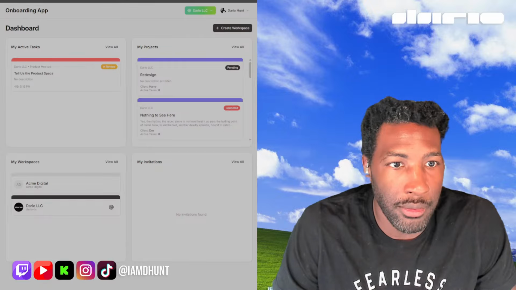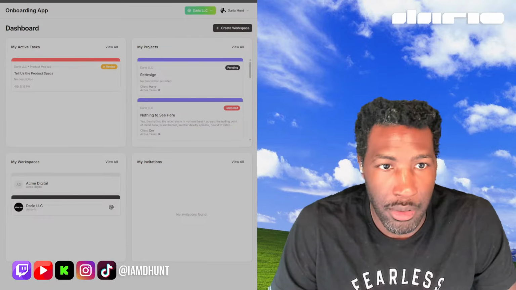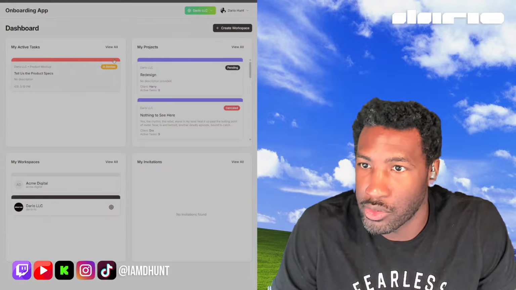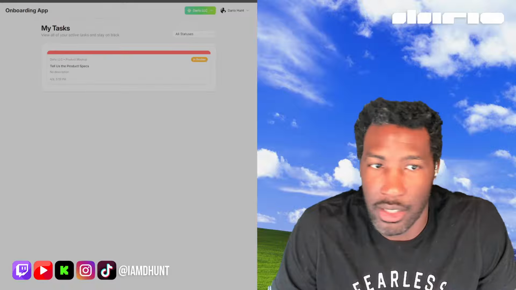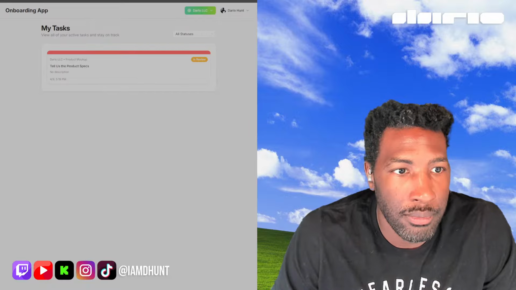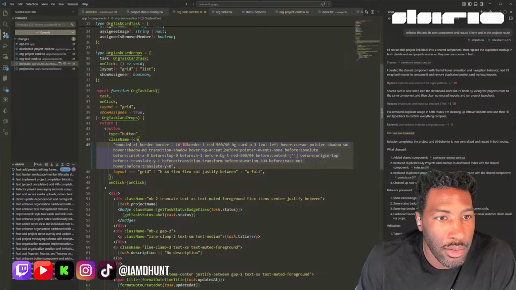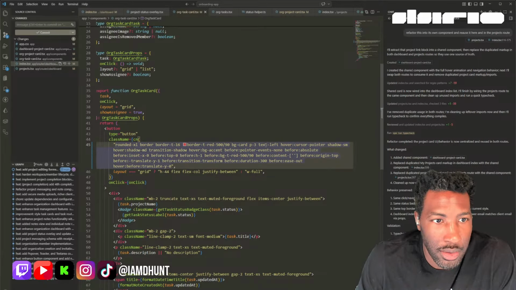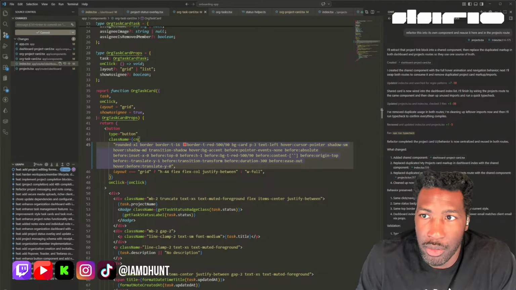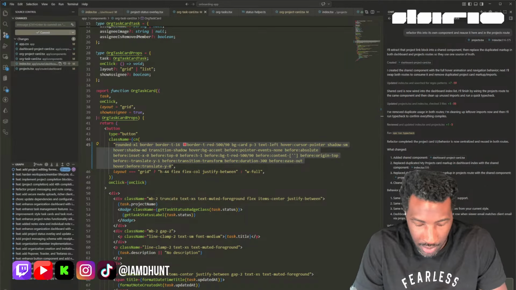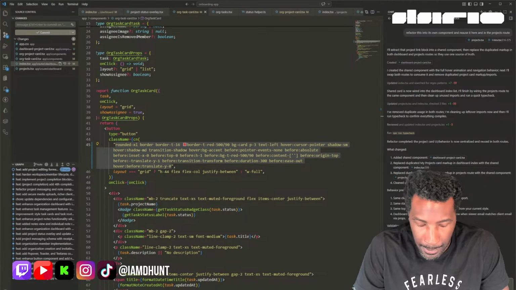No, let's remove that hover. Border top. Refresh again. Not quite. Let's figure that out. All right, so transition shadow, hover, cursor. Should be working. I don't know why it's not. Let's just tell it the same thing. Can you fix my